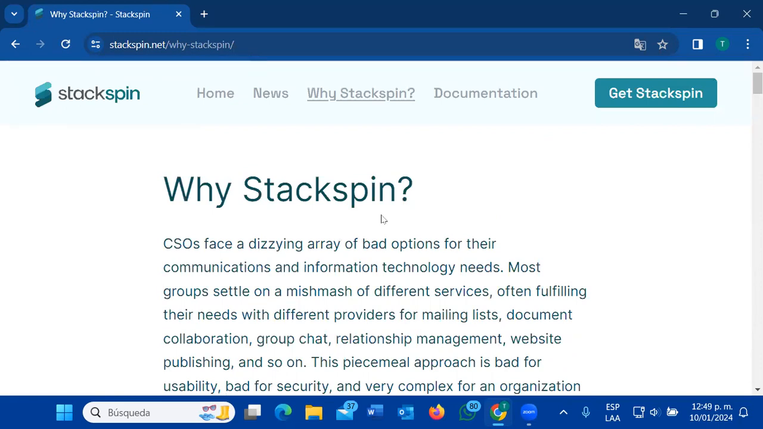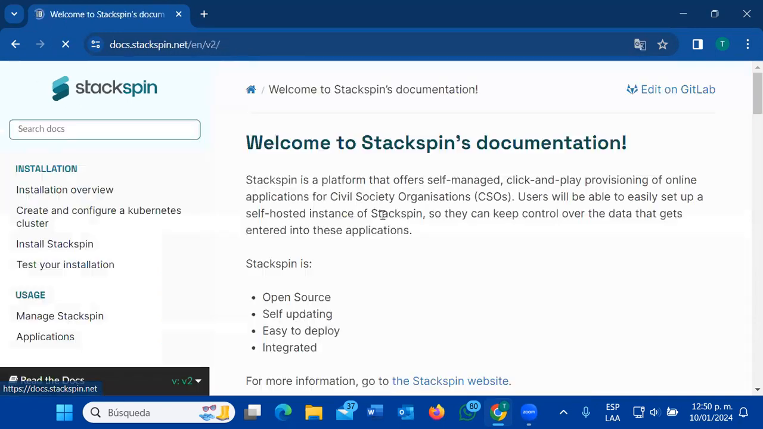Again, press Control Home to go to the beginning of the banner page and press Tab. Stackspin, primary menu, news, visited link. Why Stackspin? Documentation, visited link. Go to the documentation link. Welcome to Stackspin's documentation. And then I will pull up a headings list,